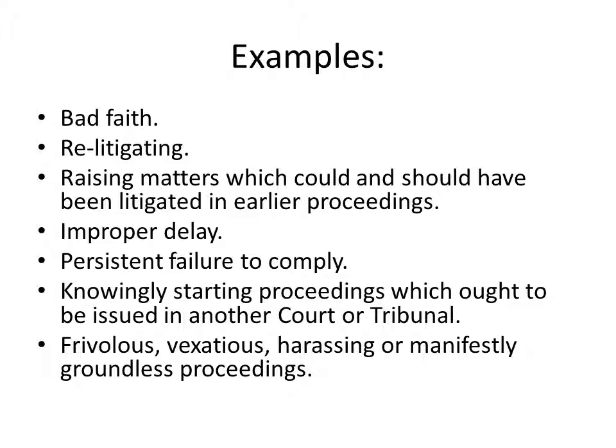Now, these are just examples, and the Administrative Court Guide is at pains to point out that these are just examples, but this will give you an idea of the sort of thing that will attract this kind of protective procedure by the court. So, acting in bad faith or with an improper purpose. Attempting to relitigate an issue which has already been decided. So you try and bring the issue before the court again because you weren't happy with the result first time round. That's an abuse of the process.